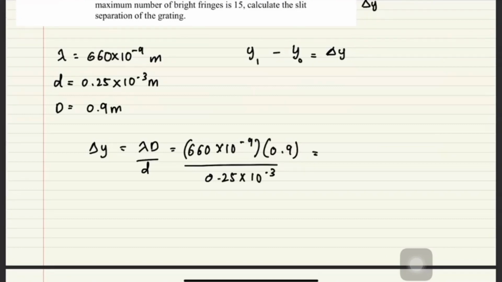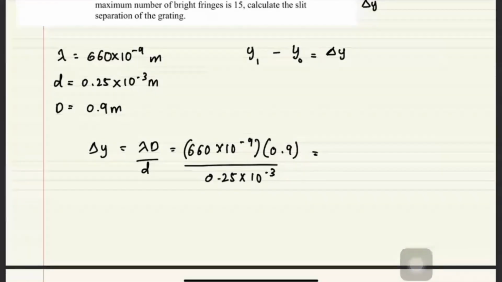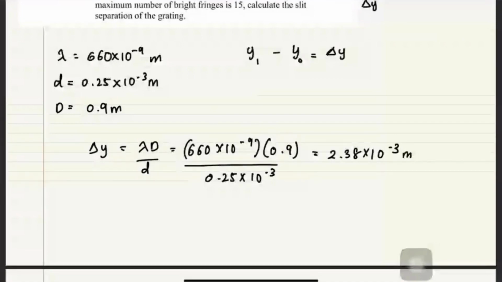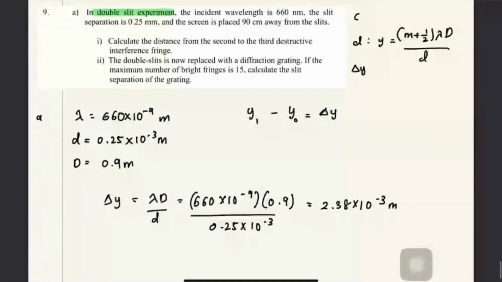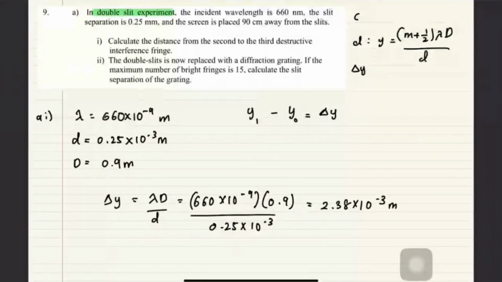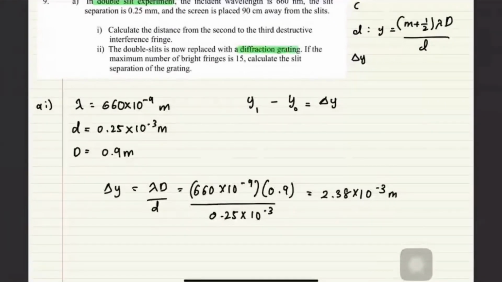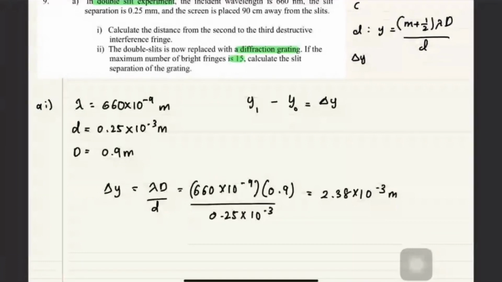Yang ni dapat berapa ni? Dapat 2.38, sama tak? Sama, sir. Sama, okay, good. Okay, this one is for question A1. Okay, question A2, they ask you to calculate what if the double slit is now replaced with diffraction grating. Okay, diffraction grating, dan dia kata if the maximum order of bright fringes is 15, calculate the slit